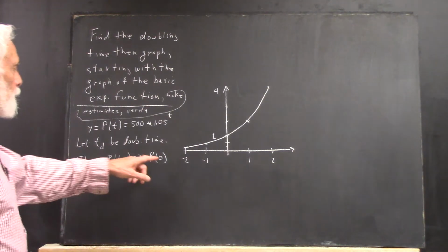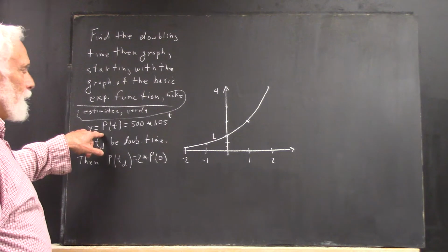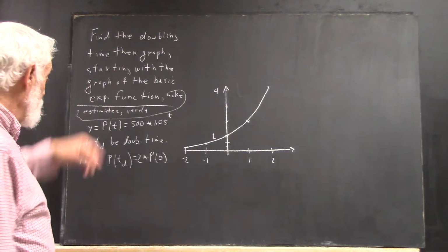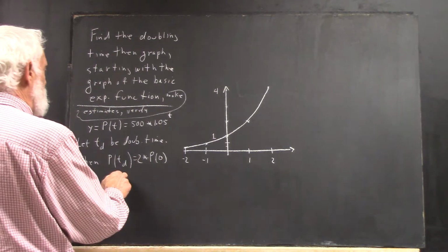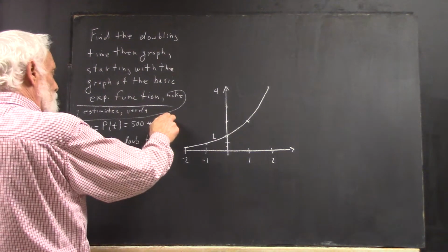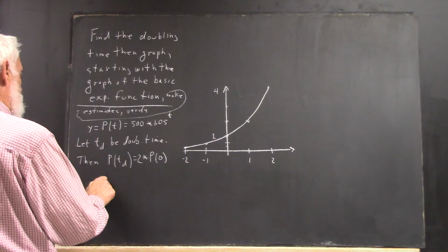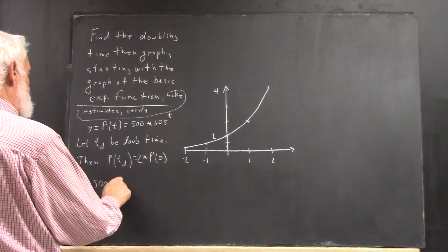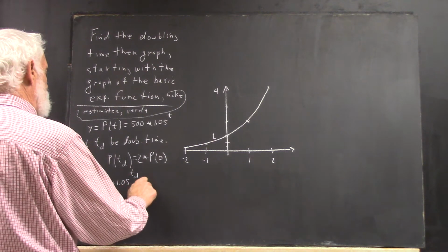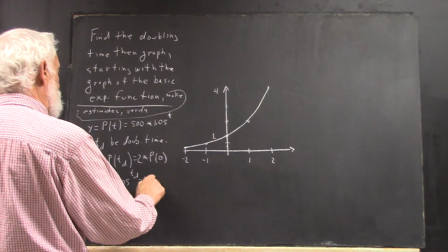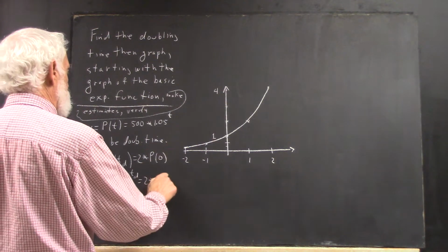As your time goes from 0 to t sub d, this p of t function will double. So, p of t sub d, you plug in t sub d for t, you get 500 times 1.05 to the t sub d equals 2 times p of 0,